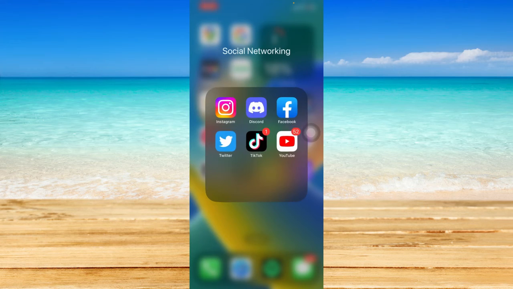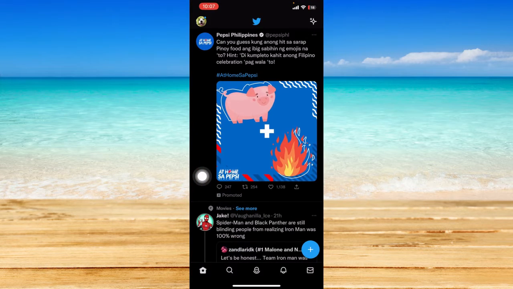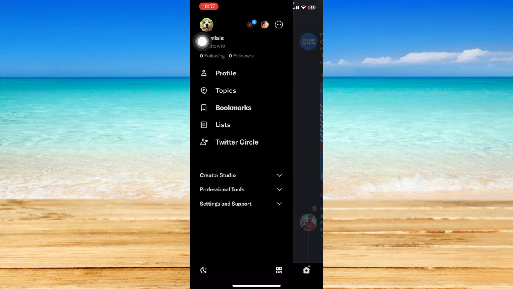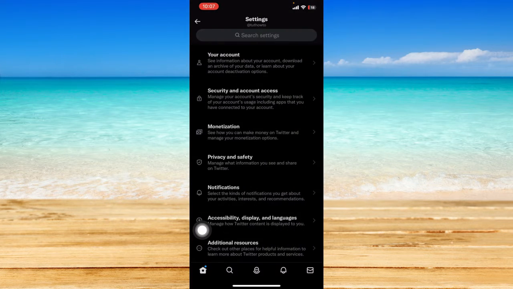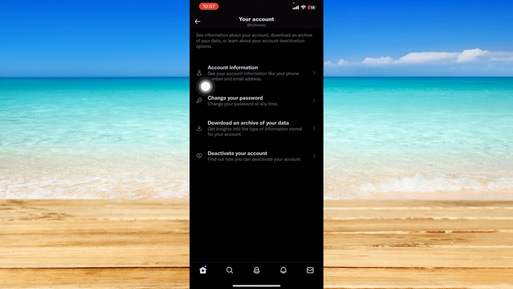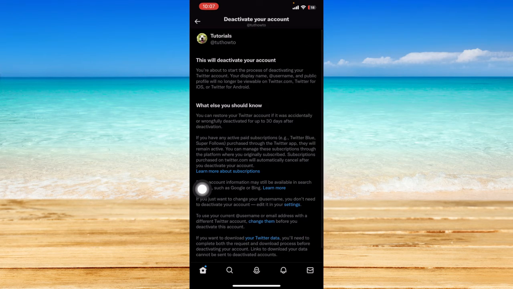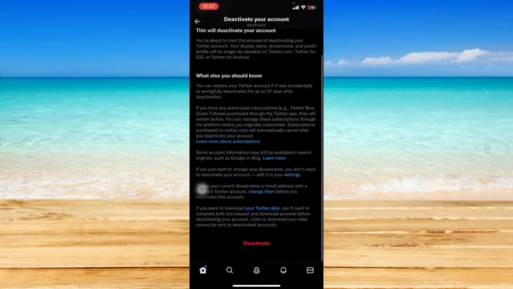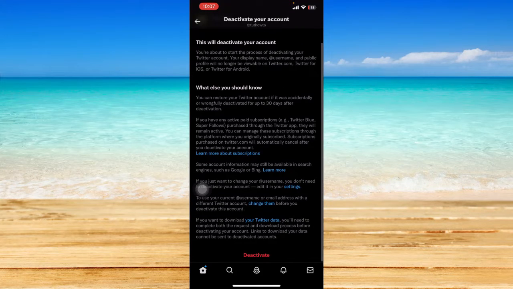Now let's just head on and open up our Twitter account right over here. And once you open it, once you're in your homepage, just click on your profile icon at the top left corner. Click on Settings and Support. Click on Settings and Privacy. And from here, click on your account. And then finally, click on Deactivate your account. And then from here, you can just scroll down a bit and click on Deactivate